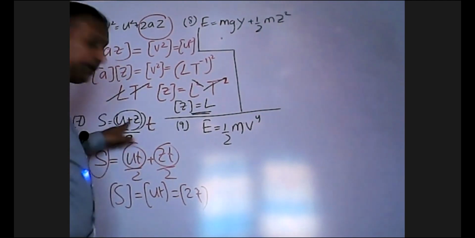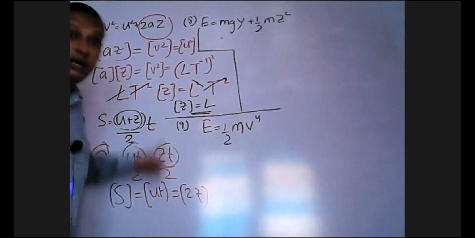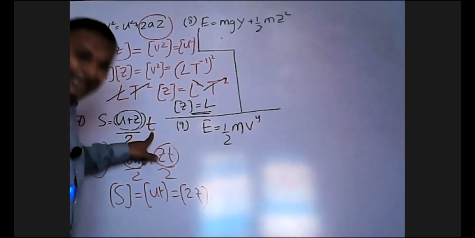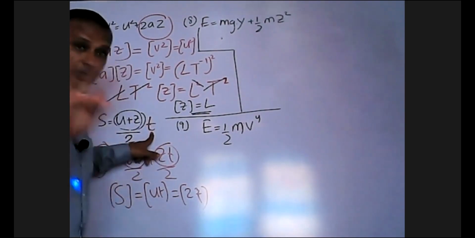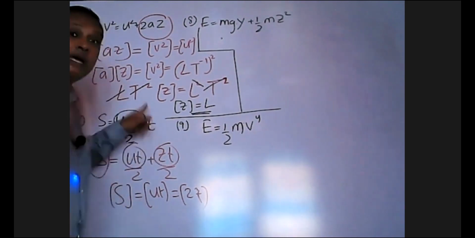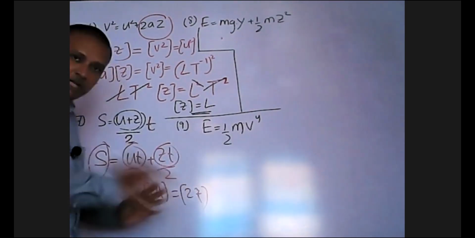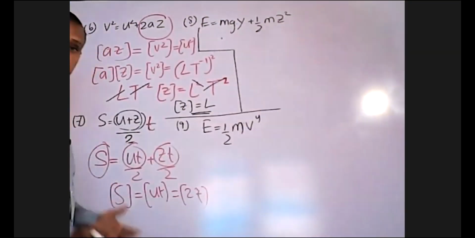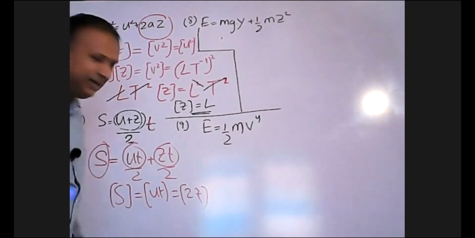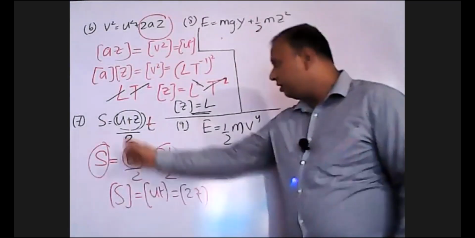Not to the SI team, because there is another multiplication here. In this multiplication, T is a physical quantity too. T is not a number. T is a physical quantity. So if it is a physical quantity, then you should expand the equation first and take the dimensions. But in this case, we do not want to expand the equation because we can use